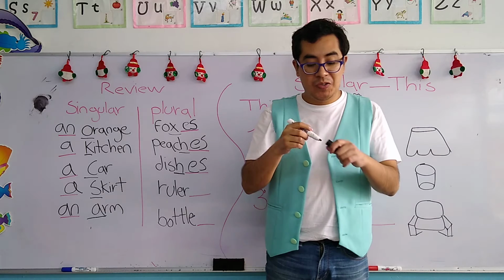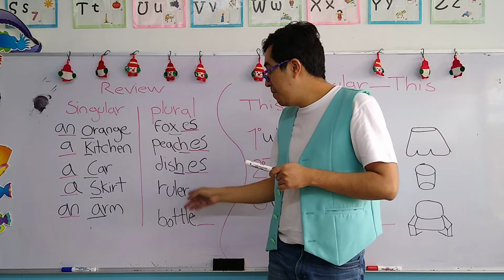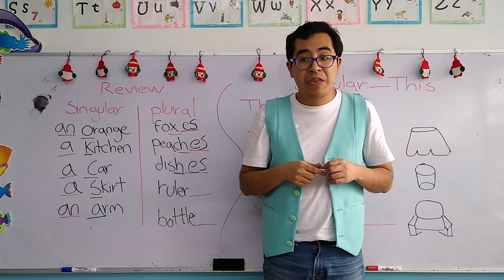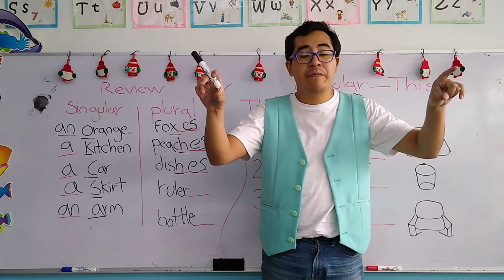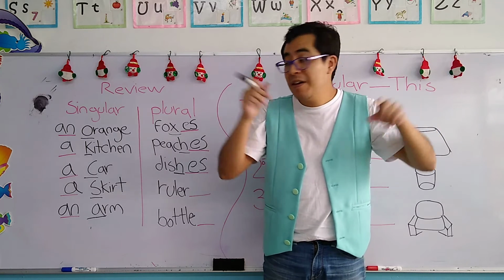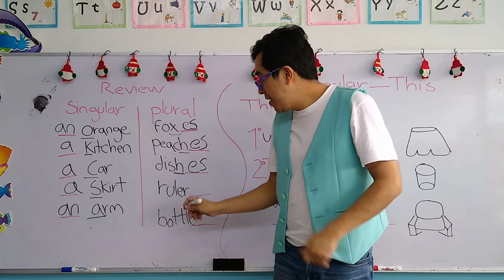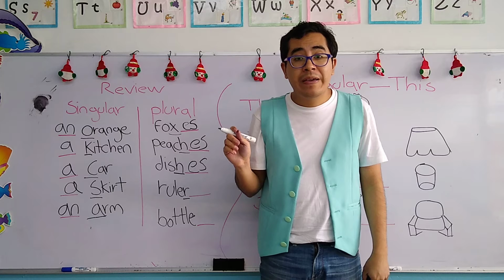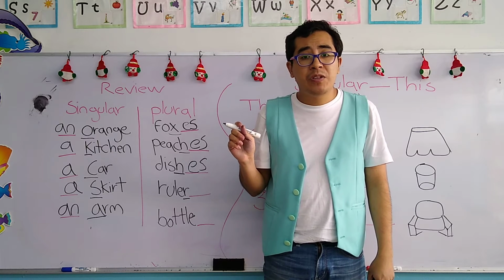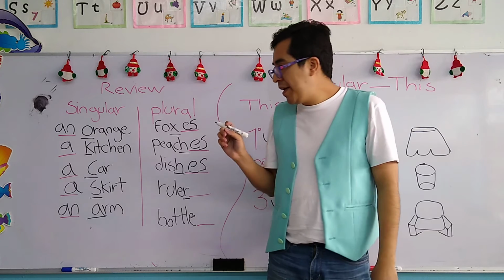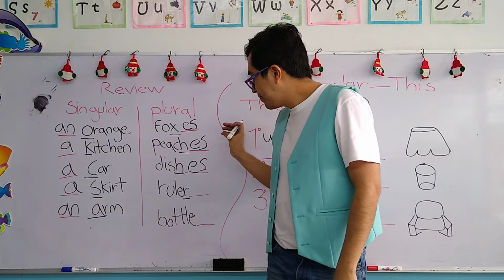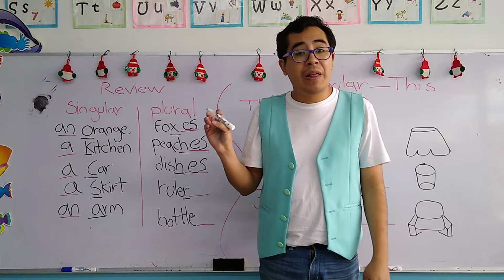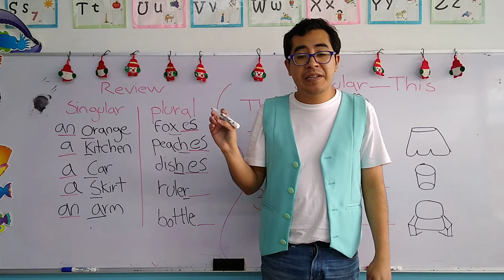Dishes, platos. Let's continue with the number 4. We have ruler. Now remember the ruler, it's an object of measure, para medir, okay? Now the word ruler finishes with the letter R. Now the letter R, is it part of the letters that we have to apply? Es parte de las letras que tenemos que